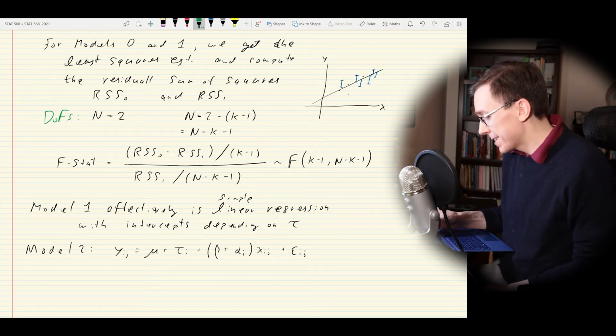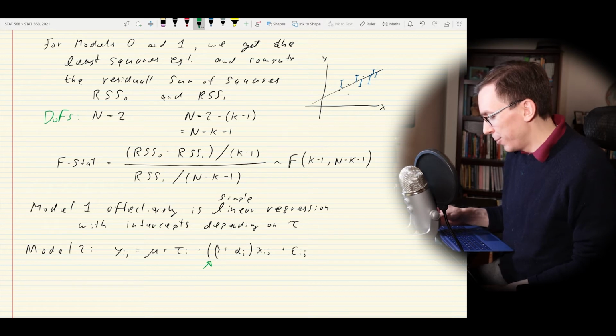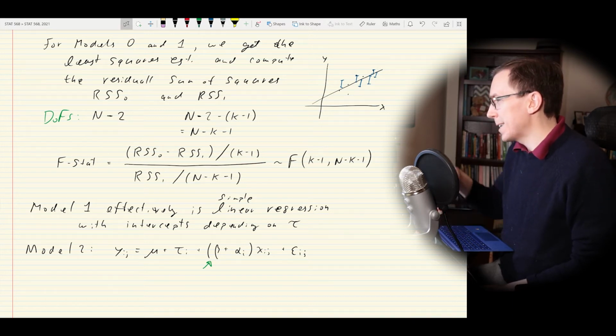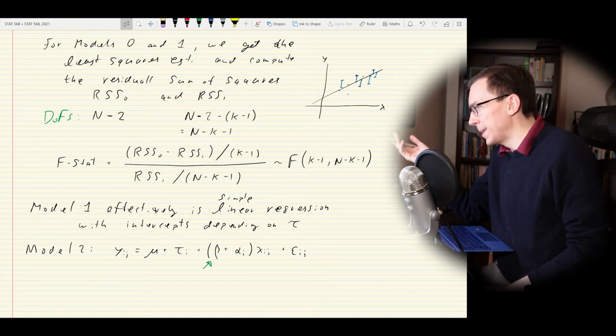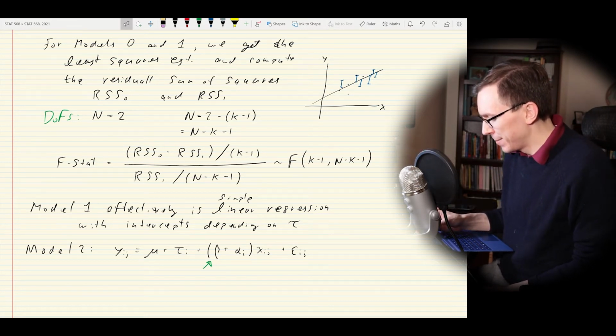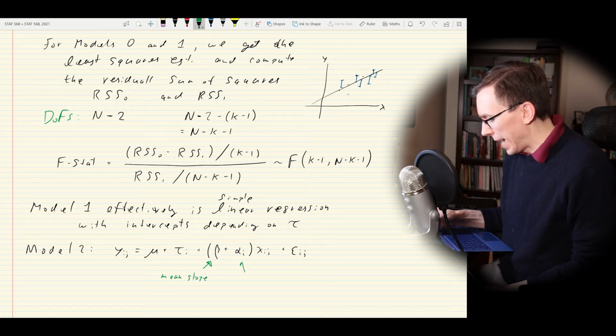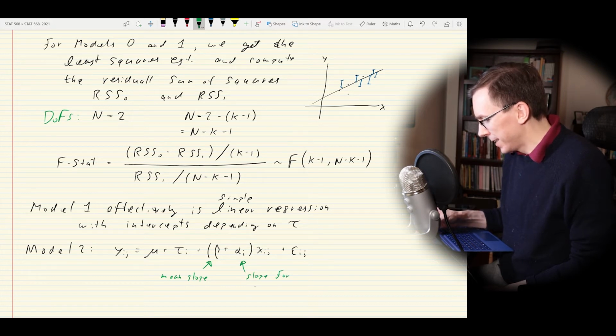So in this case, beta is kind of the fixed slope, the mean slope, but then alpha i is the slope for category